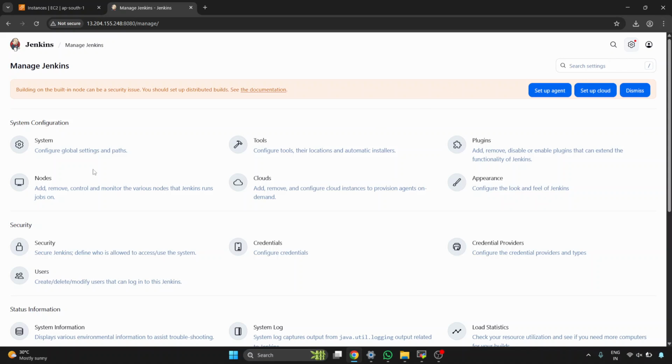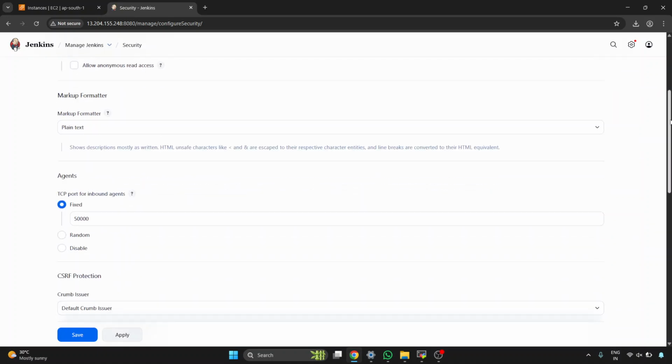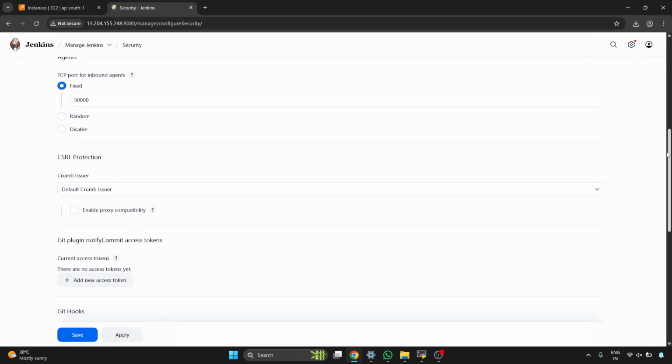Next, security. When we check the security, this CSRF protection. CSRF protection means cross-site request forgery in Jenkins. It refers to a type of attack where unauthorized commands are sent to Jenkins as an authenticated user. The attacker targets a user who is already logged in to Jenkins, for example, an admin user,